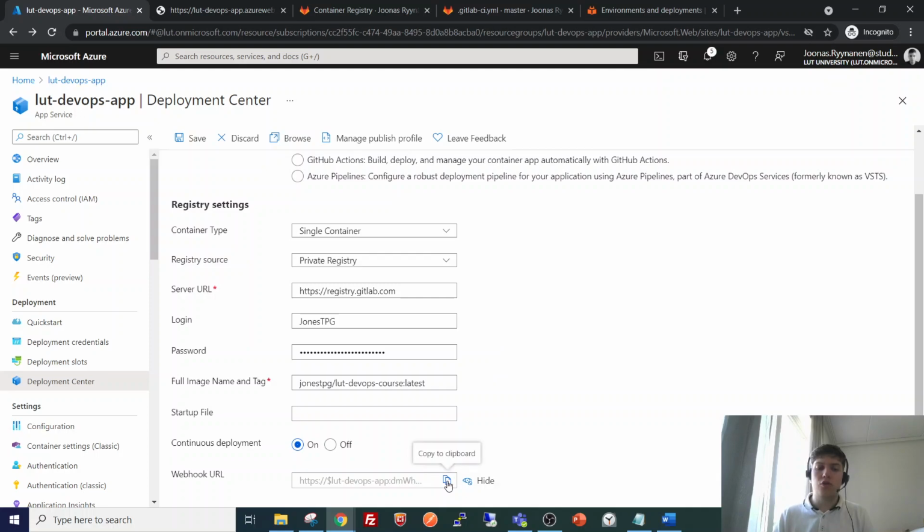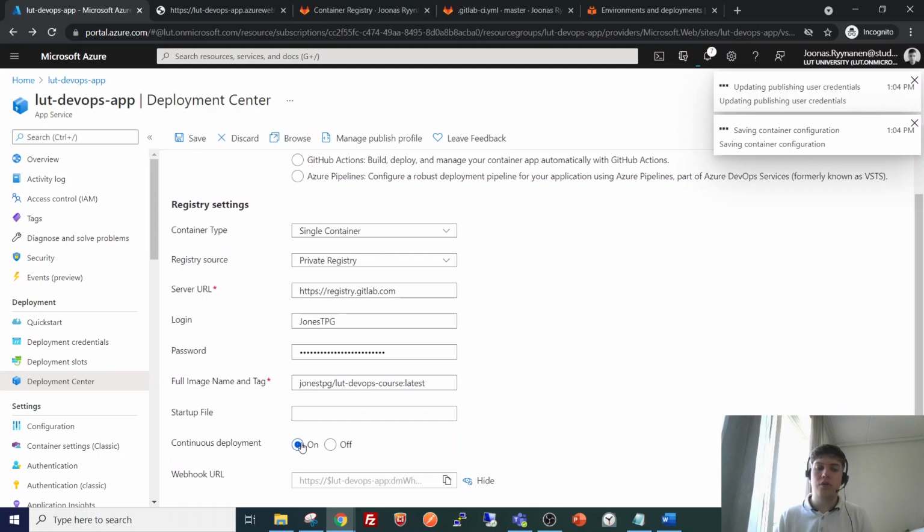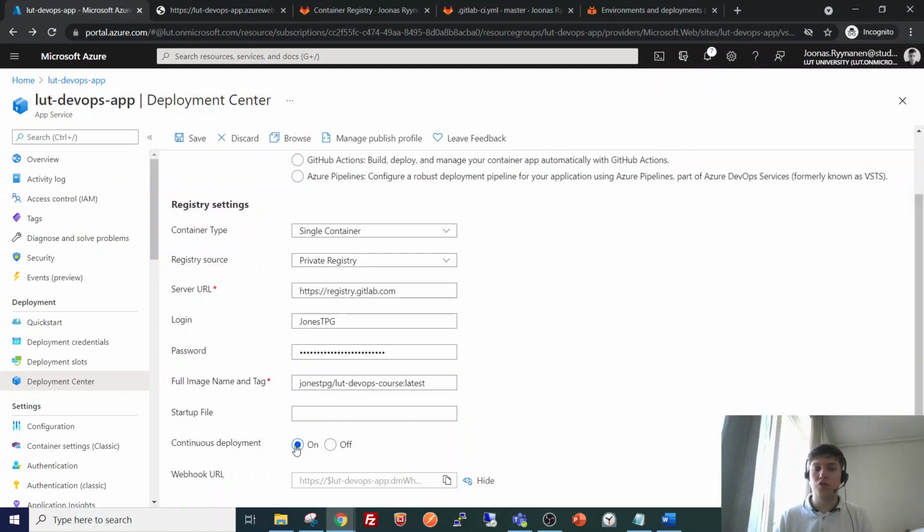So let's go ahead and copy the URL here, save the continuous deployment. I guess that this option needs to be turned on in order for the new deployment to begin when the webhook URL is called. So I guess this also has to be turned on here. Okay, but now